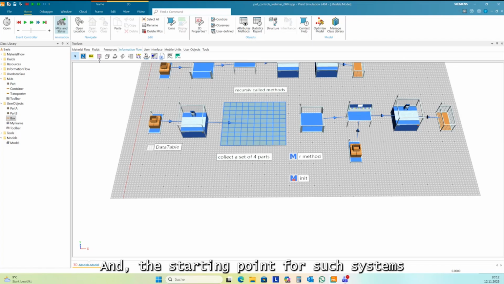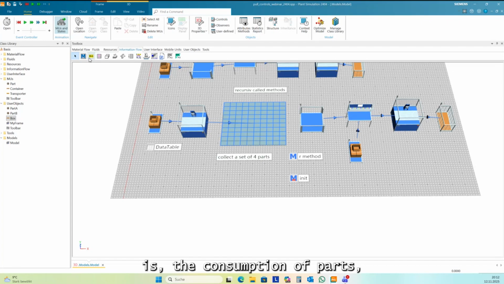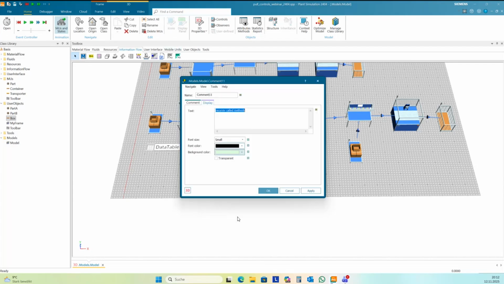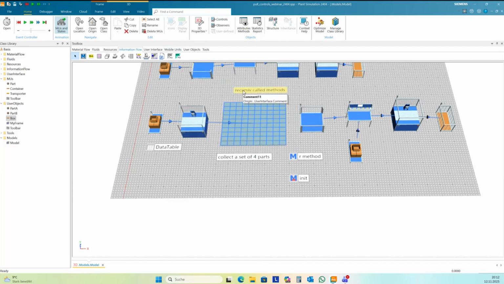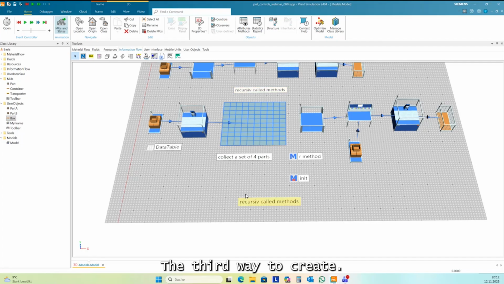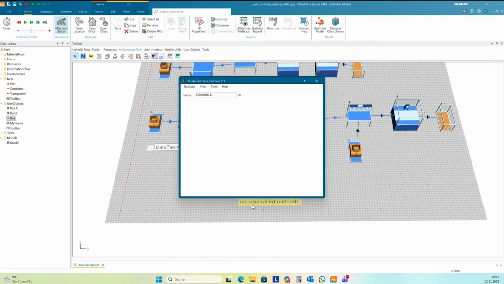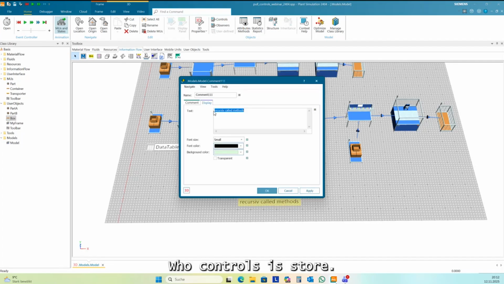And the starting point for such systems is the consumption of parts, the selling, for instance. And so the third way to create pull controls is the store with the function supermarket.